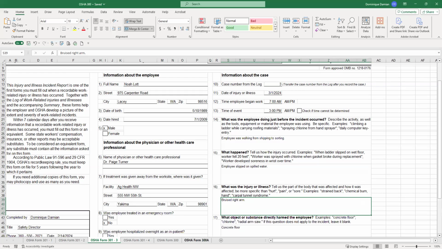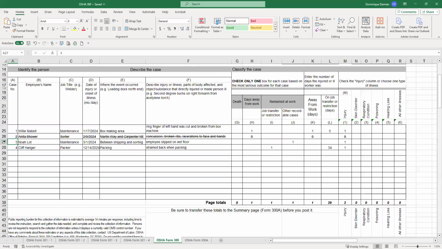So I have this recorded on my OSHA 300 log right here. He's line 3, that he slipped on a wet floor and there was no death involved. There were no days away from work, no job transfer. So I recorded it as other recordable case. It was an injury, it wasn't a skin disorder or any of these other options. So I've recorded that, but